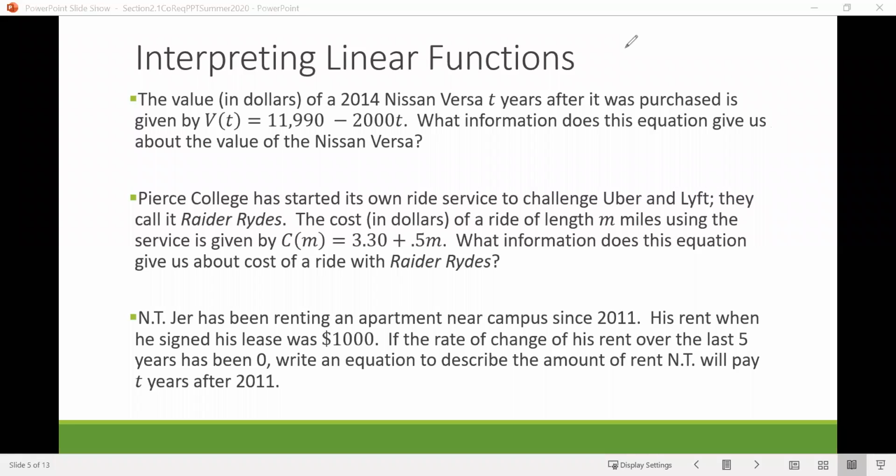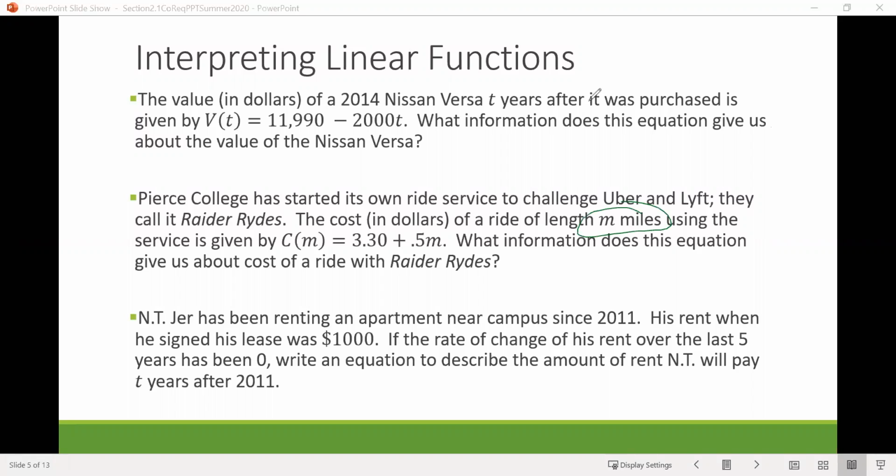All right. Next one says Pierce College has started its own ride service to challenge Uber and Lyft. They call it Raider Rides. And of course, you can look this up on your phones later and subscribe to the app. It's growing very fast. We're told that the cost in dollars of a ride of length m miles,